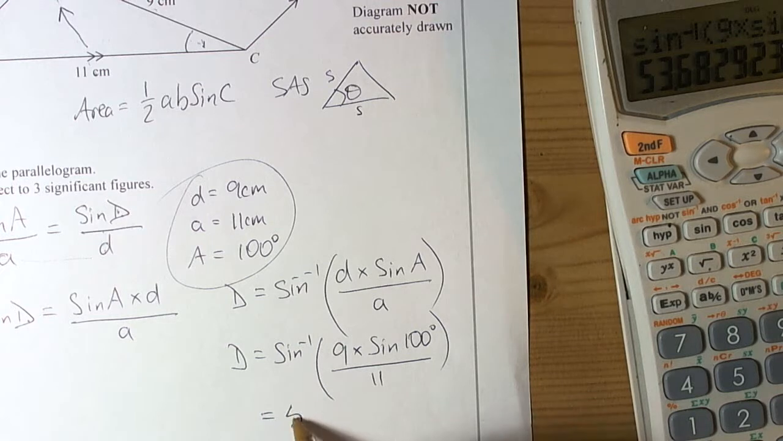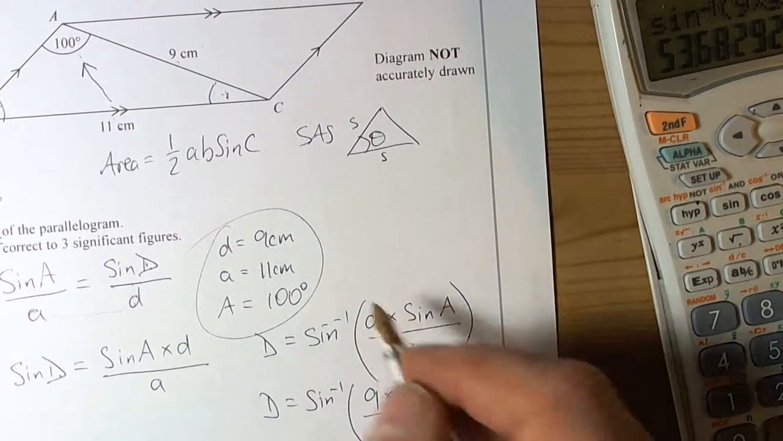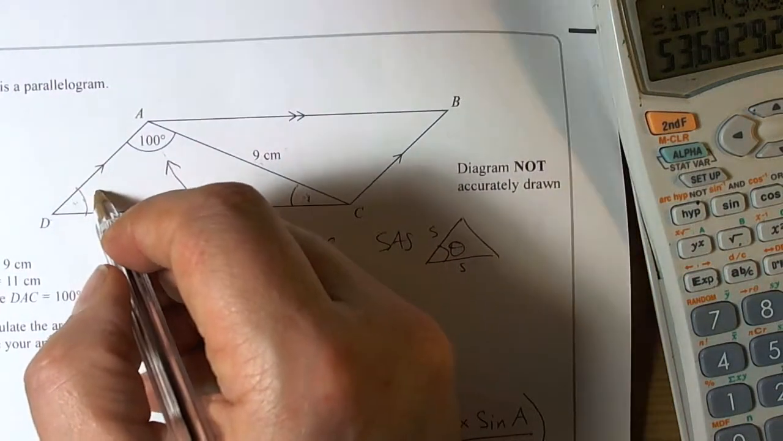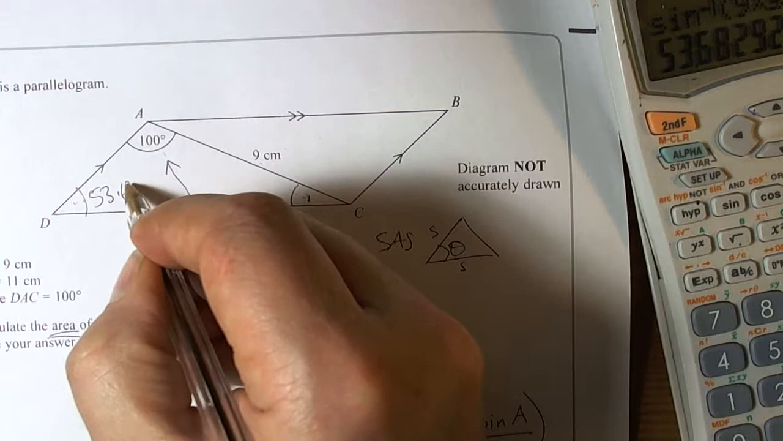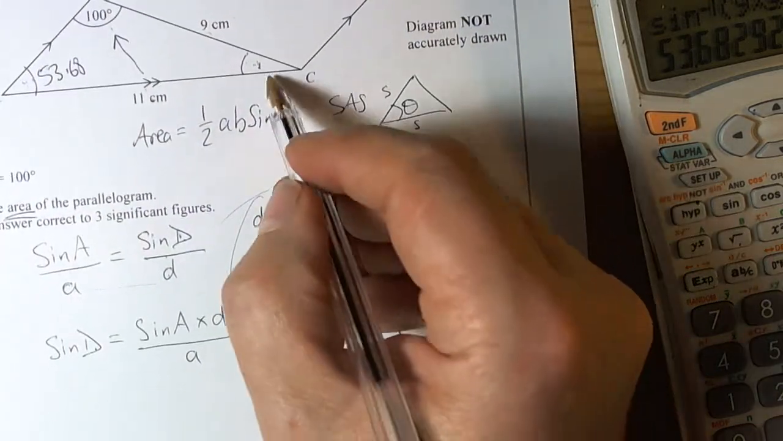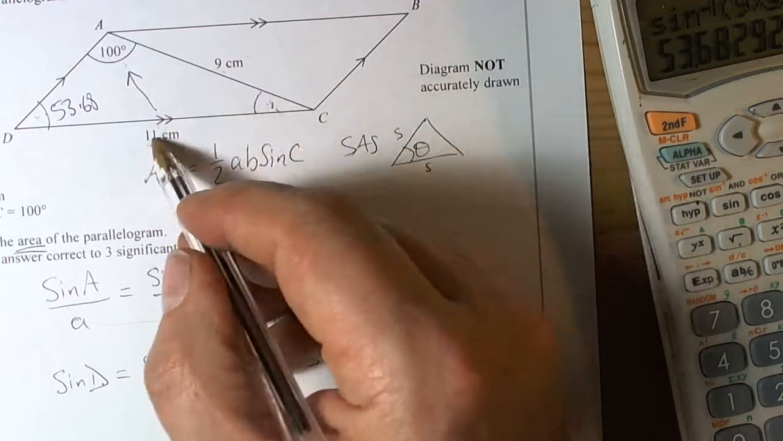So that gives us an angle of 53.68 degrees. Now this isn't the final answer, so actually I'm going to be writing a bit of that down to get the accuracy there. So 53.6829 degrees. So we now know that this angle here is 53.68 degrees. So therefore the angle we want to use in our side angle side triangle, this one here, can be found by,